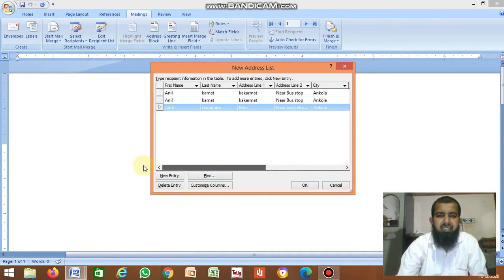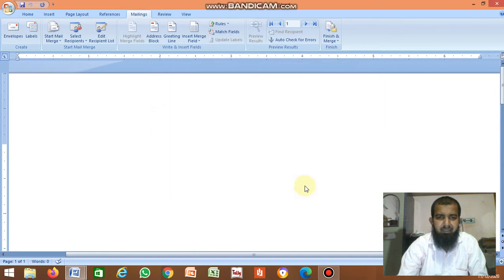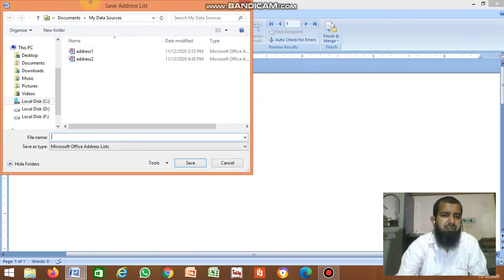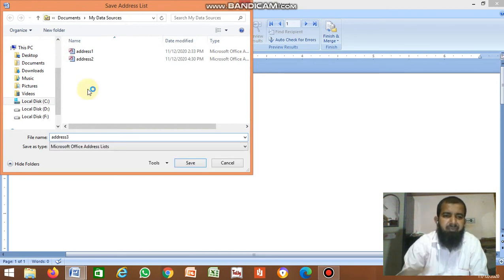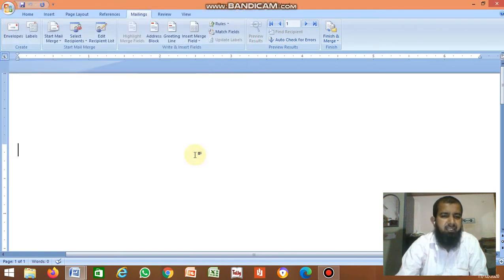Finally click OK. Now it asks to save the file. Type the file name so that you can use the same address list next time. Click Save.